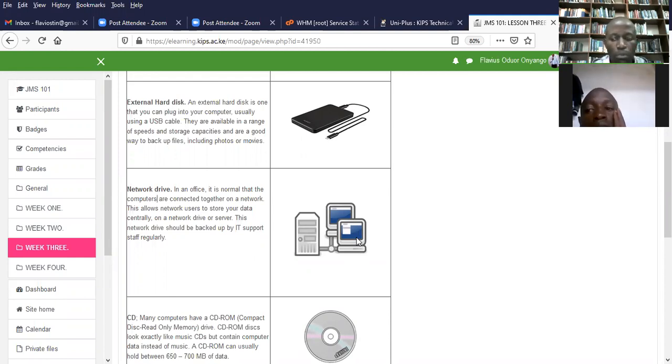Anytime you want to log out and make some payments, they tell you, okay, come and pay. And automatically they give you even the amount that you want to pay. It means that the application they're using is directly connected to their machine. And so the machine they're using would simply be given one simple name: a server. So the network drive is one of those very good ways of also backing up your data.